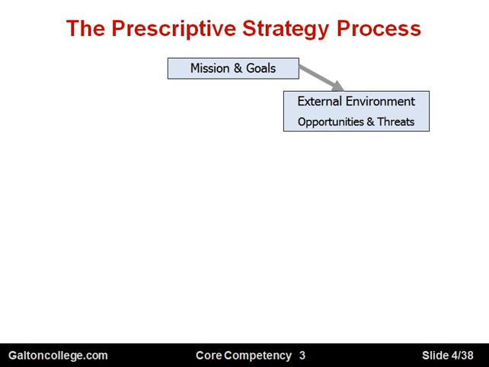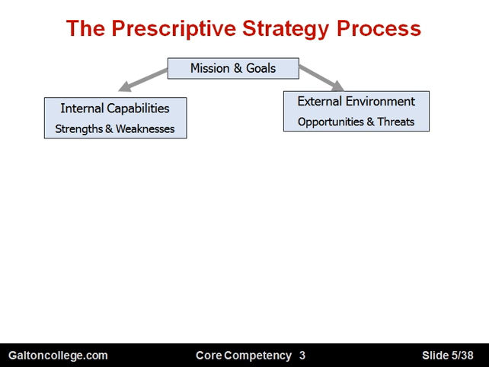So we have to look at the external environment to try and figure out what is the best mission, what is the best direction for the business, to see what's happening externally. Needless to say, we also have an internal situation we need to account for, and that may be summarized in terms of the strengths and the weaknesses of the organization.